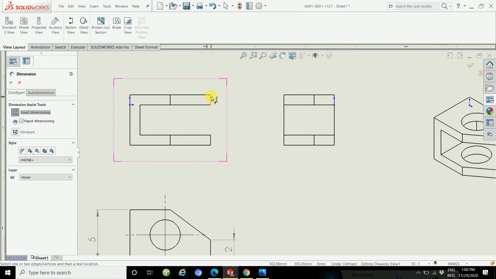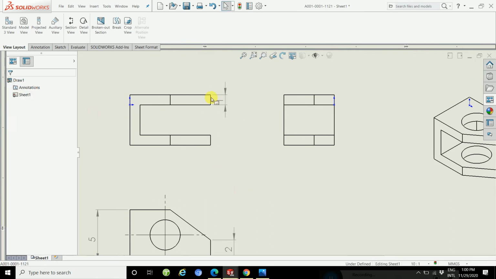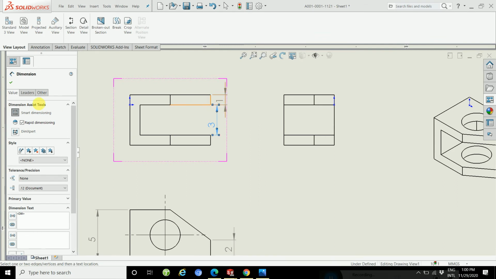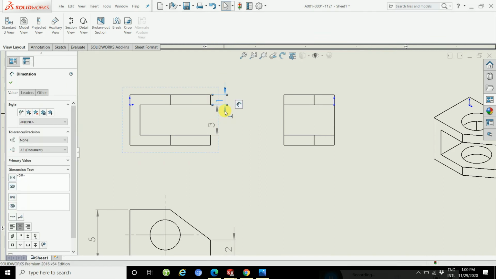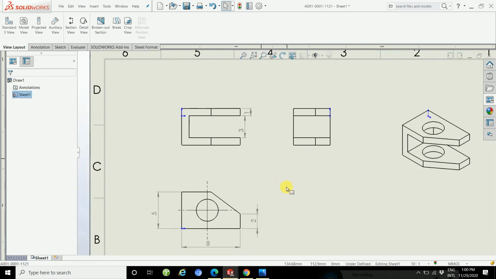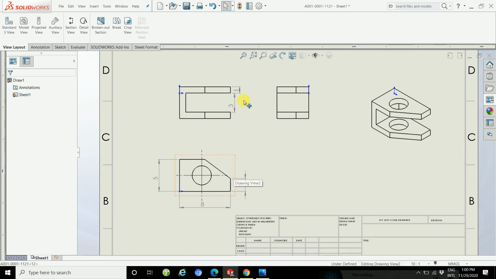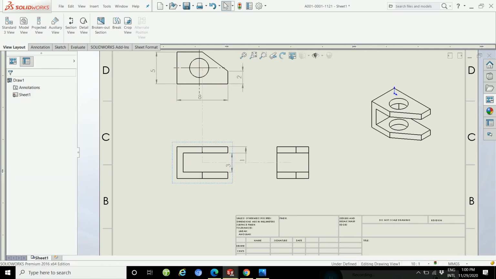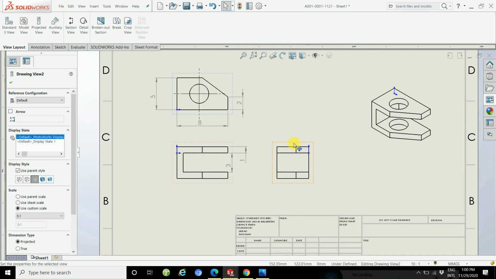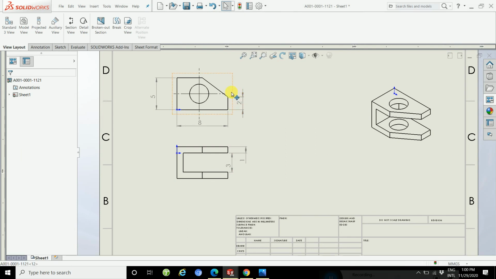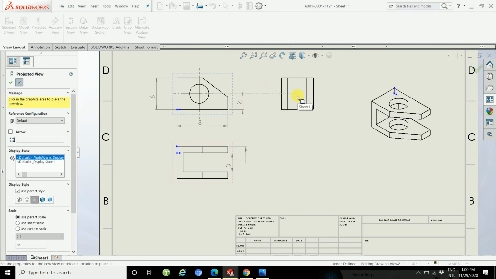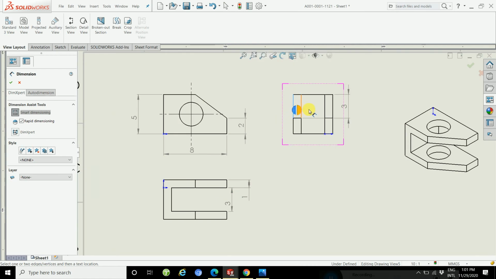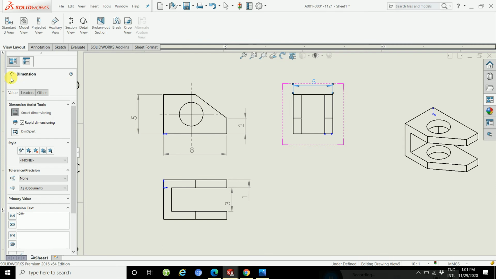Then this thickness is 1. Here thickness is 3. Delete this view, apply here. Okay. 5.